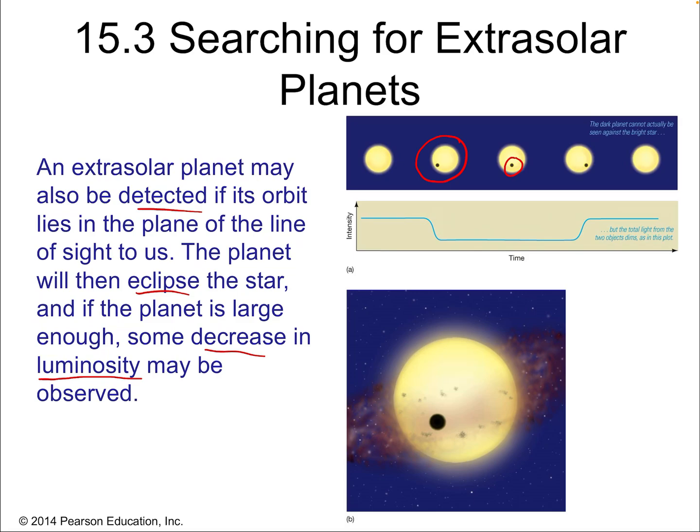Because if you have it both wobbling gravitationally and luminosity decreasing because of the eclipsing, then that's strong evidence pointing to a planet. And that's what confirmed planets are all about, where we have more than one measurement, or at least one particularly good measurement. Okay? So certainly we see the idea here, intensity, that luminosity being completely flat,